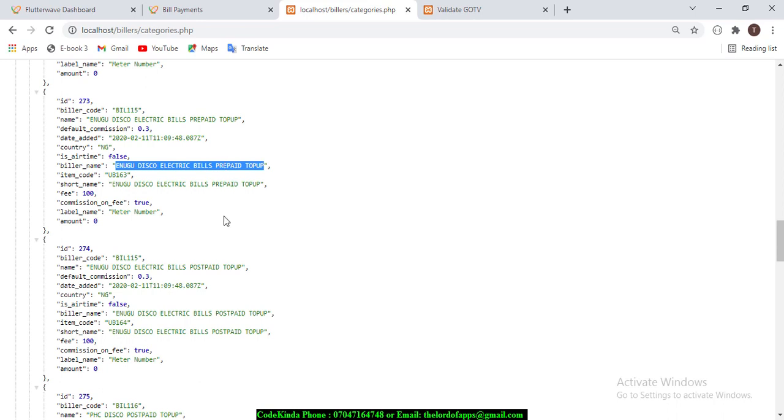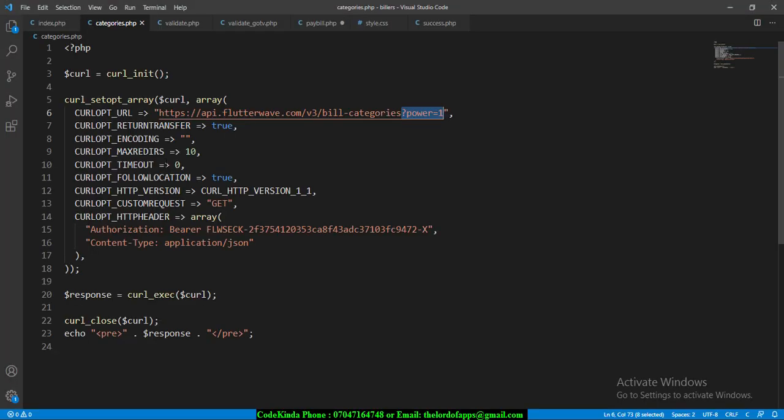If it is for postpaid, you need to come and copy this particular one. If you want to test for postpaid, come and copy this one. I'm going to copy this one because I'm going to work with prepaid. It's a prepaid meter that I'm going to make use of. So I'll copy that and go back to the development environment,